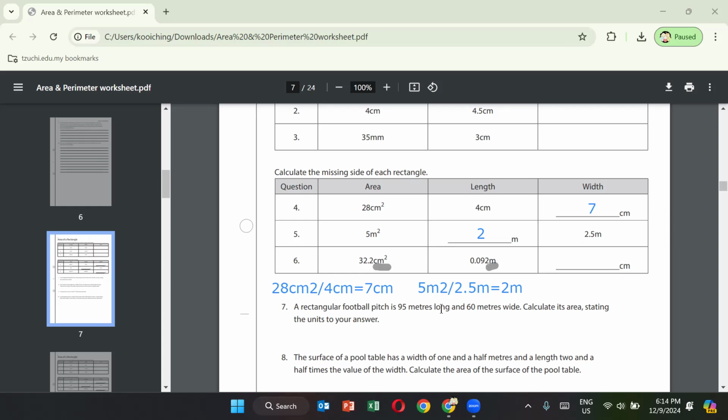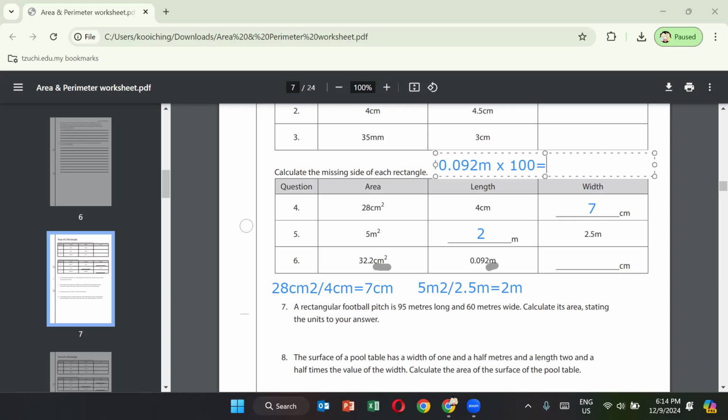So I will be converting 0.092 meters into centimeters. So I will be multiplying it by 100,